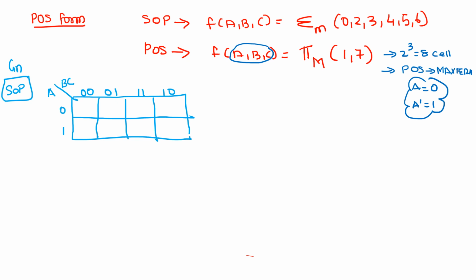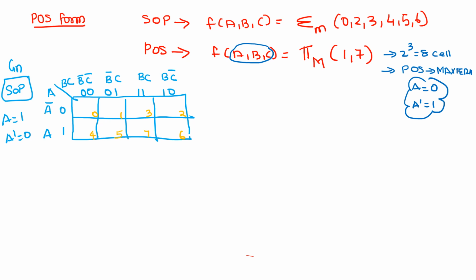So in my SOP, my A is being represented by 1 and A complementary is represented by 0. So we would now designate this 0 to be nothing but A complementary and this 1 to be nothing but A, and here it is nothing but B complementary C complementary, B complementary C, here it is B C, here it is B C complementary, and this is how the cells are being designated as 0, 1, 2, 3, 4, 5, 6 and 7. So now what we have to do is we need to fill this K-map